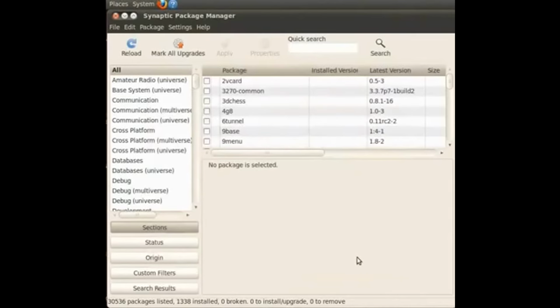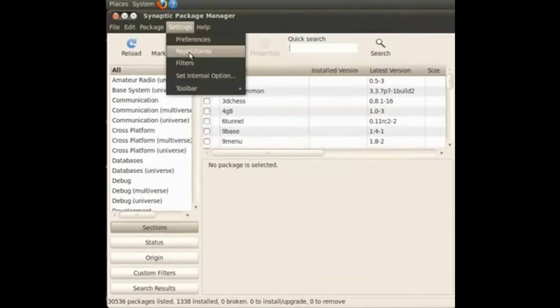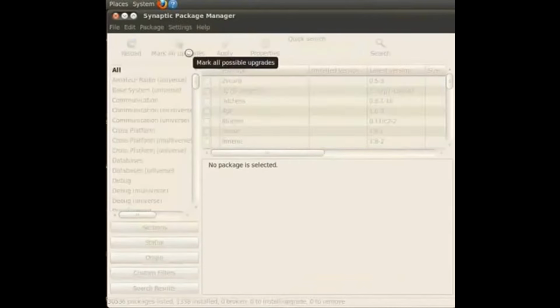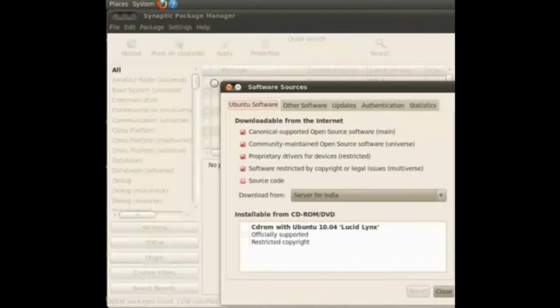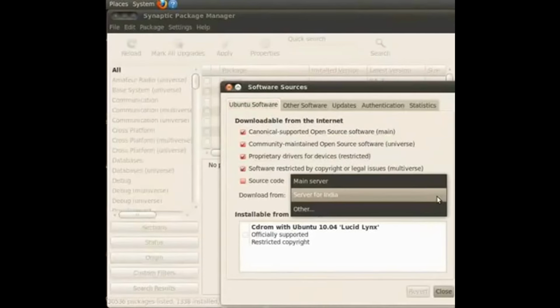Now again go to Settings and click on Repositories. Software Sources window appears on the screen. There are several sources to download Ubuntu softwares. Click on Download from drop down and hold the mouse to see the list of repositories.